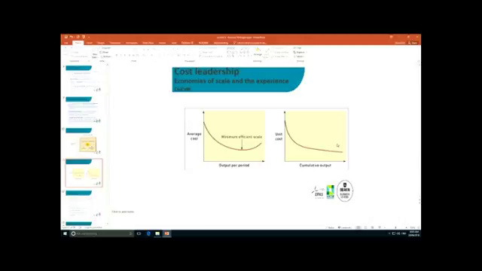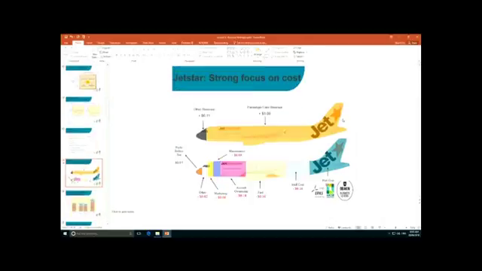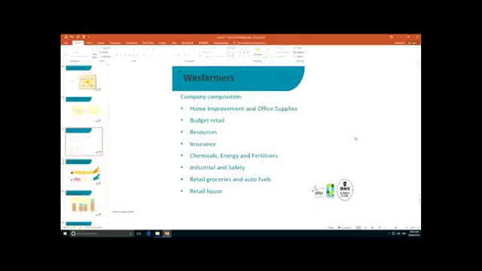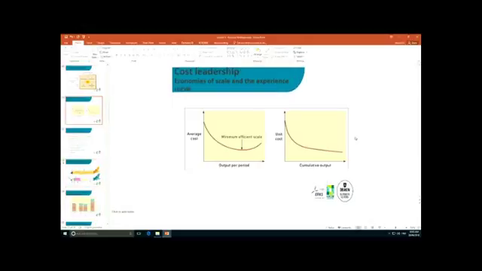All right, cost leadership, great. Basically, very simply and easily put, the more you do, usually, unless you make a big mistake, the cheaper it becomes. If you've got to make one mouse, then you've got to make it by hand, and it's going to take you, well, actually more than a day. It's going to take you days to make this.